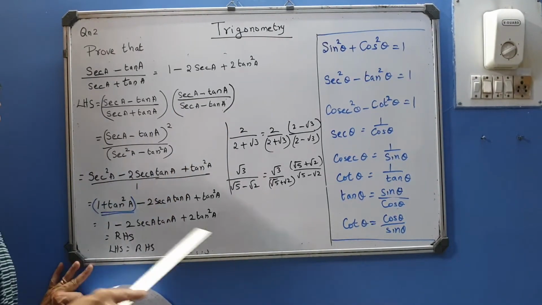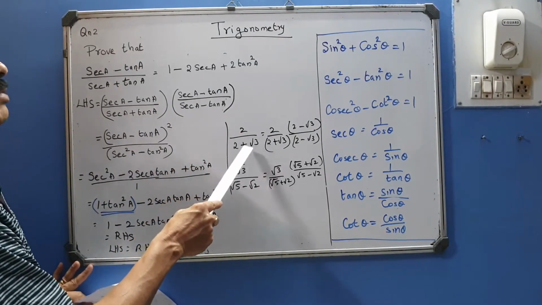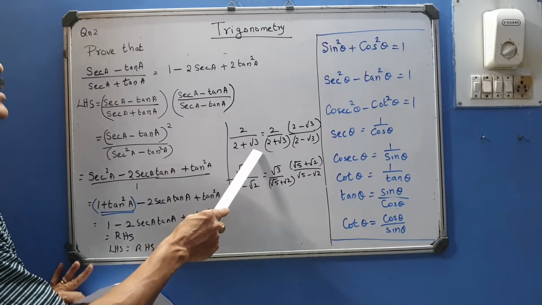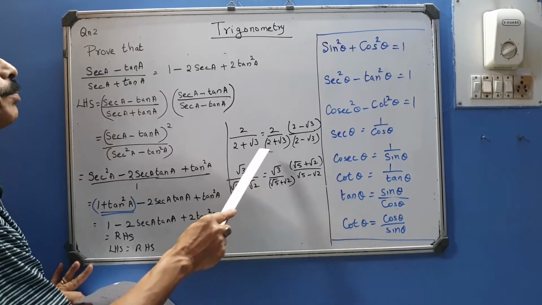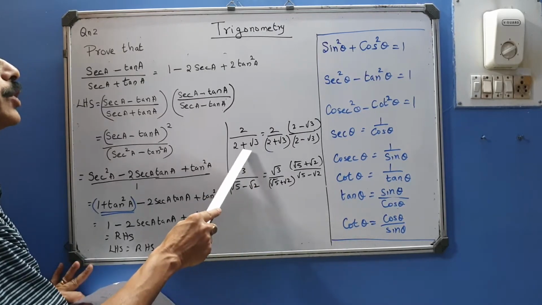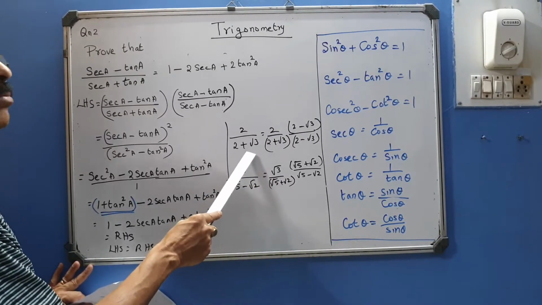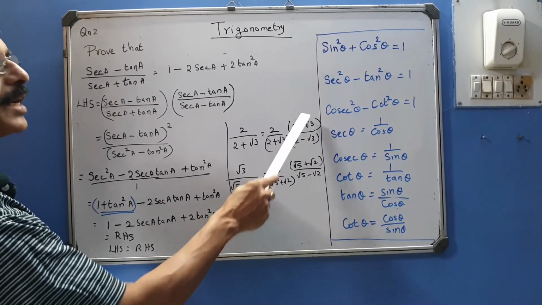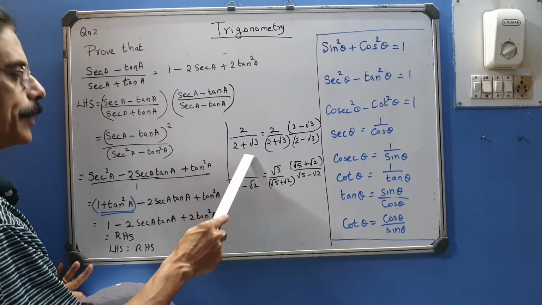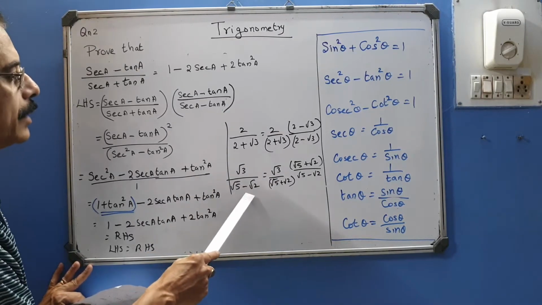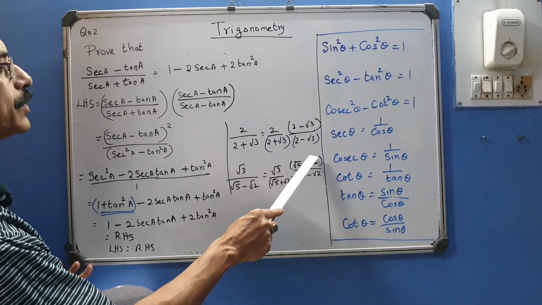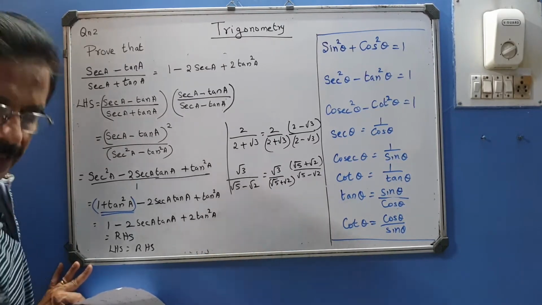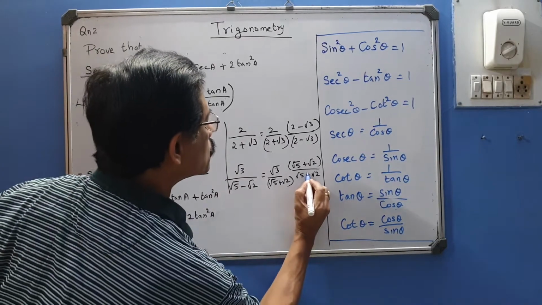In your 8th standard and 9th standard we have learned rationalizing factor. Suppose a term like 2 plus root 3, the rationalizing factor is to multiply both numerator and denominator with the opposite sign of this, where the sign between them is changed. That is 2 minus root 3 divided by 2 minus root 3. So top and down multiply by the opposite of what is in the denominator. If it is minus, you have to multiply by the same expression with the plus. So it will be root 5 plus root 2 divided by root 5 plus root 2.